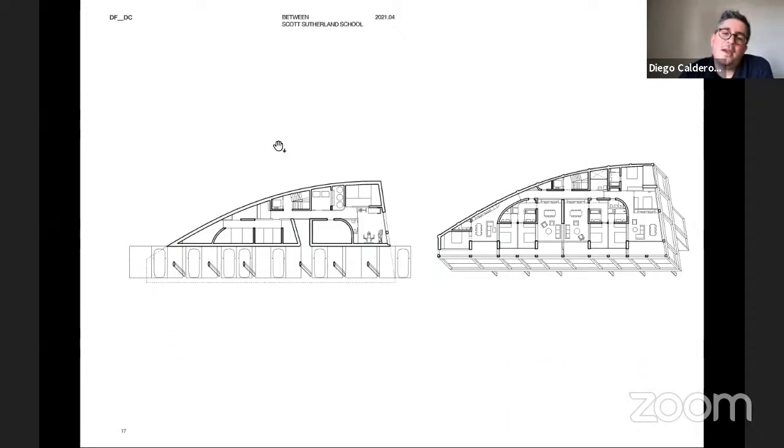Well, this is a sequence of plans of the housing project, starting with the parking and all the storage areas. It's a building that, due to its topography, has two or three ground floor levels. So you can access it at different heights, depending on if you're driving or if you come walking from the main road.